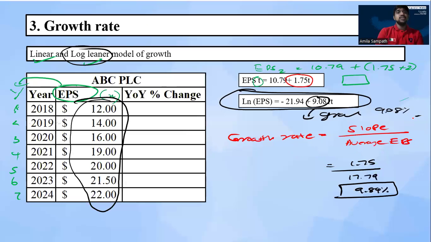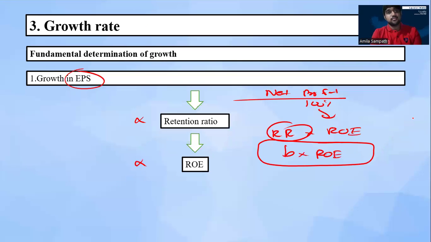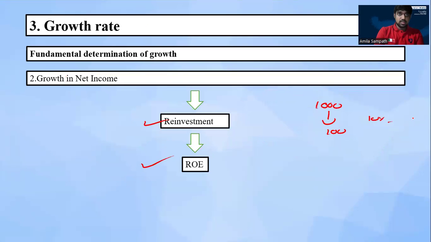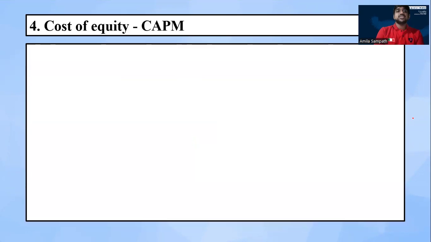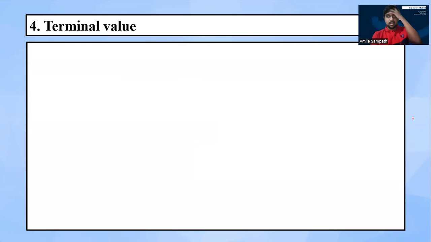Then we can move on to the next most important thing. It is about the identification of terminal value. Terminal value. Then what is the meaning of the terminal? Then here